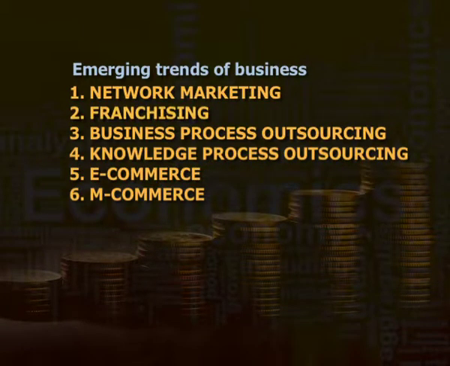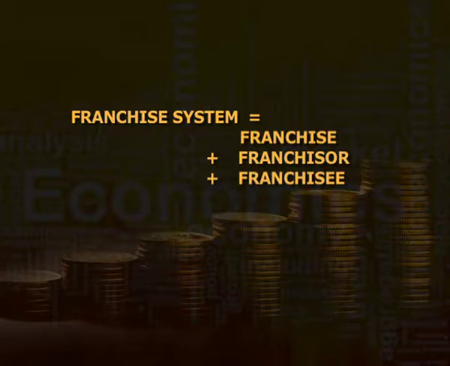The second type is franchising. Franchise system equals franchise plus franchisor plus franchisee. Franchising is a business model in which many different owners share a single brand name. A parent company allows entrepreneurs to use the company's strategies and trademarks, marketing and training support, and in exchange, the franchisee pays an initial fee and royalties based on revenues. Franchising is a faster, cheaper form of expansion than adding company-owned stores, because it costs the parent company much less when new stores are owned and operated by a third party.